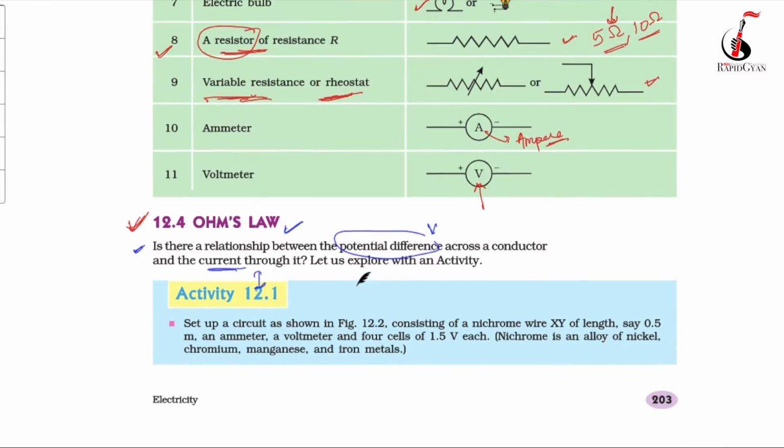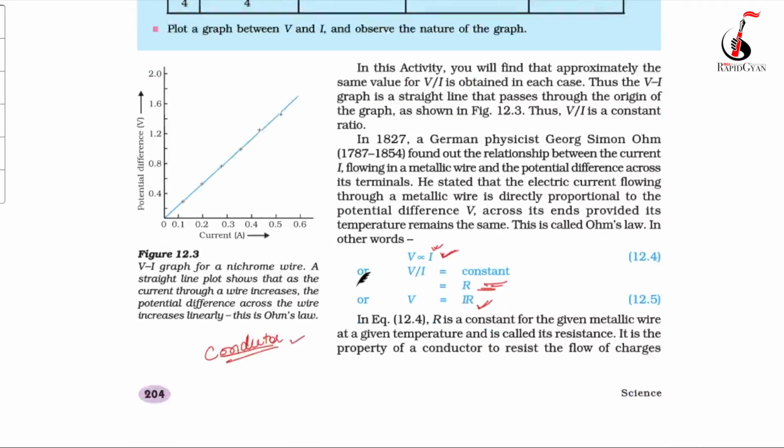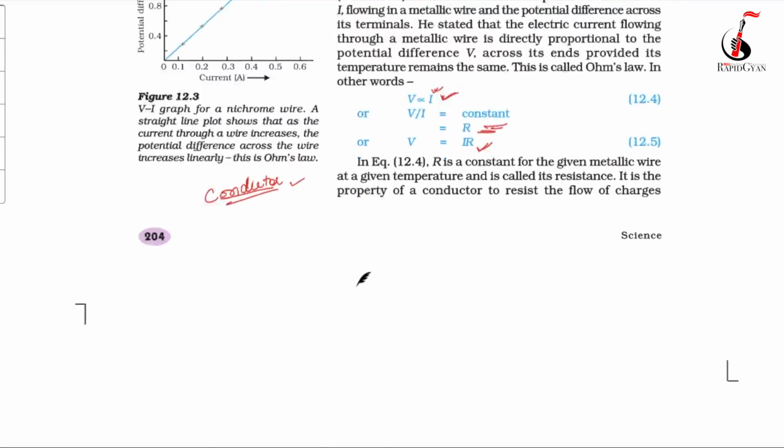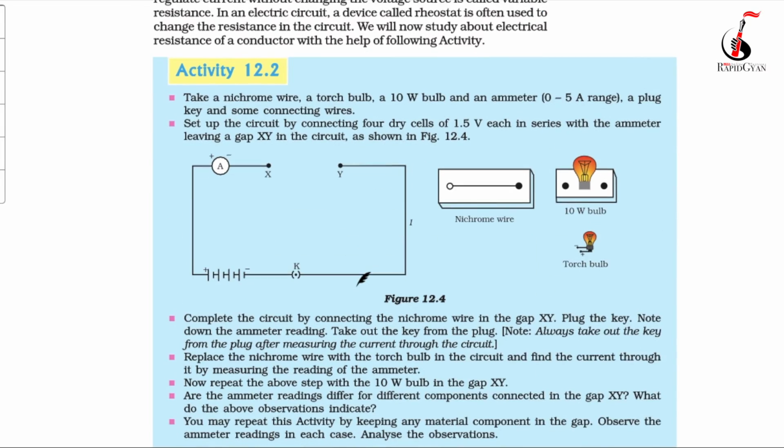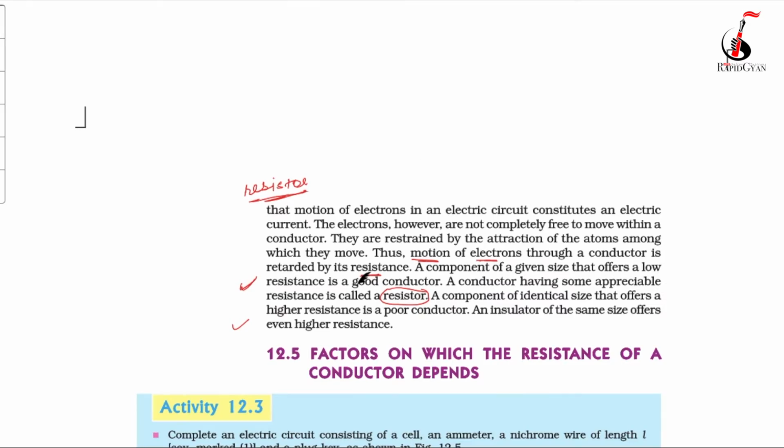So what is register? So registers are a component which has been designed from the conductors only, but they have more resistance as compared to the other conductors, or their resistance is fixed, like 5 ohm, 6 ohm. What is ohm, I will tell you.